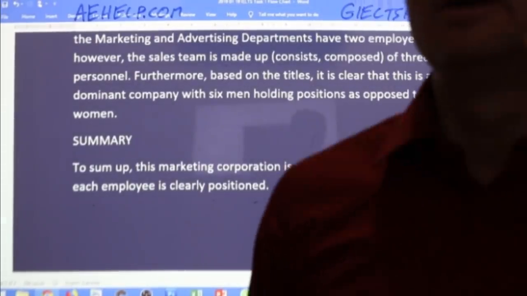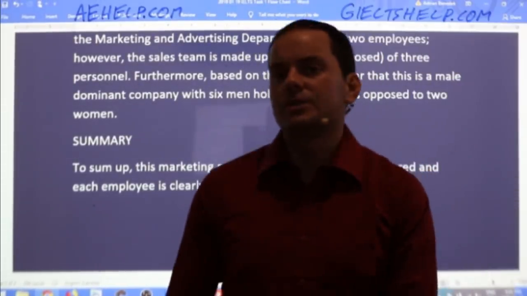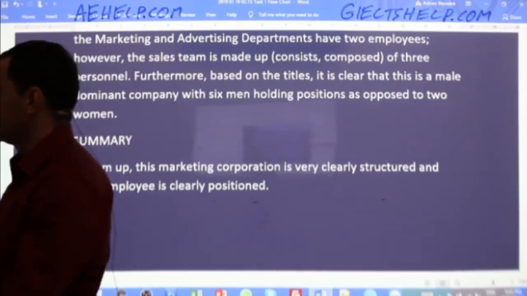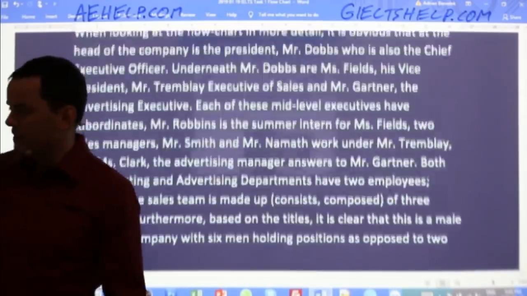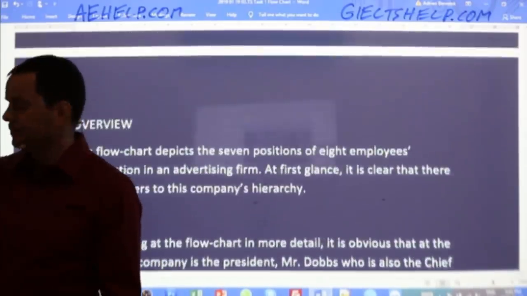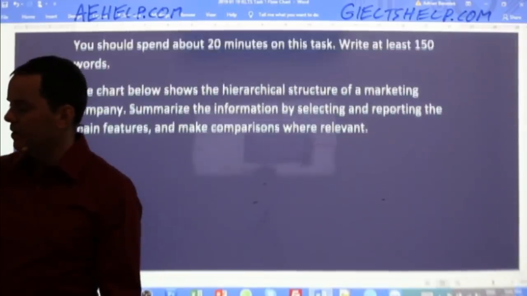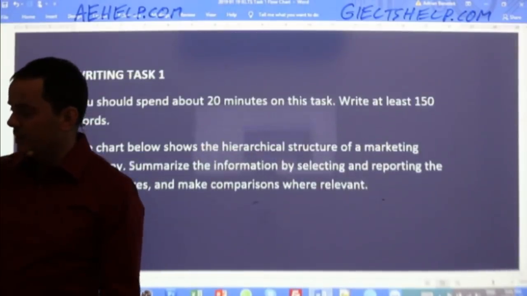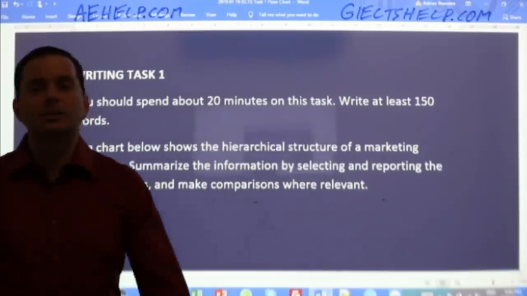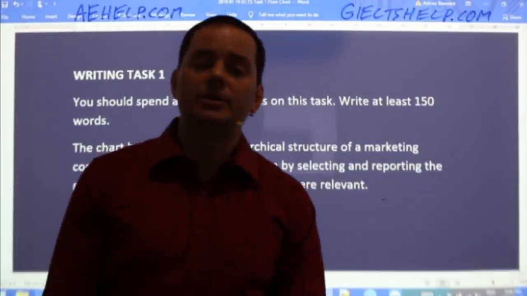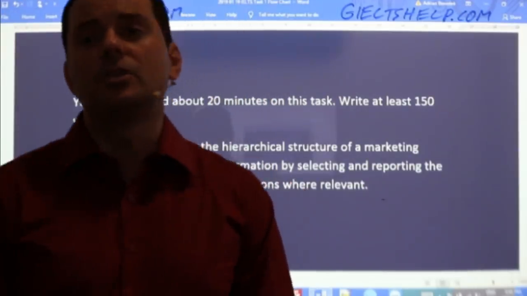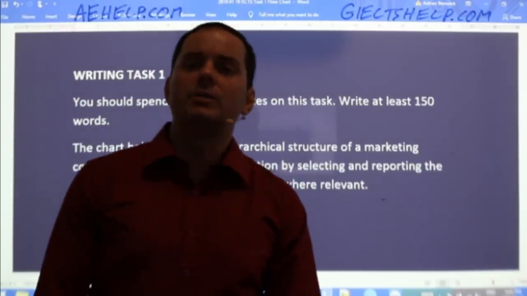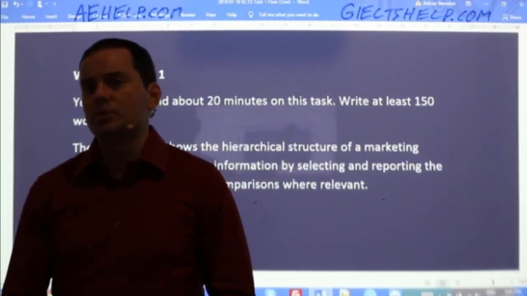Okay. All right, students, any questions, members, about task 1 or this flow chart? Anything that's not clear? Or if you have a off-topic question about IELTS, about the different sections, now's a good chance. Yeah, Jason, go ahead. What question do you have? So just fire them at me.